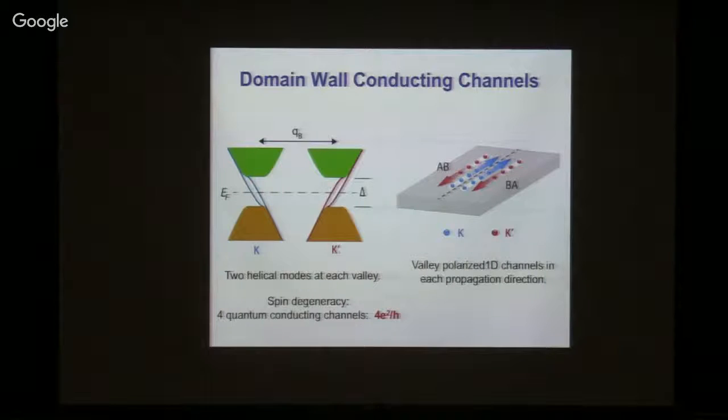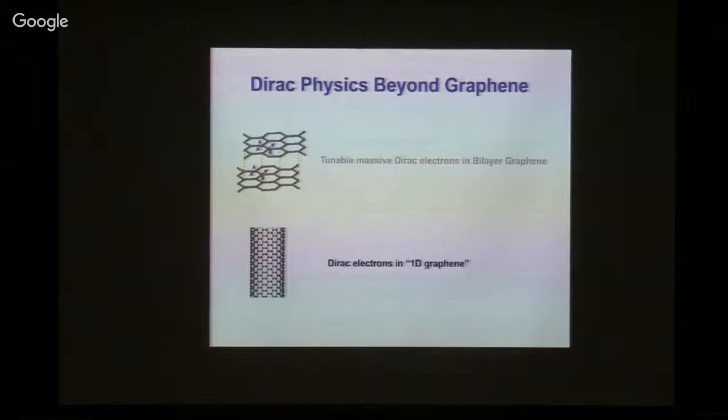An interesting aspect of these conductivities is not only an electrical current where the charge moves forward, because all the electrons live in a single valley, it is also a valley current. So we are trying to now explore the possibility to actually measure the consequence of this valley polarization of these electrons. OK, so that's the first topic where we study massive Dirac electrons in bilayer graphene.